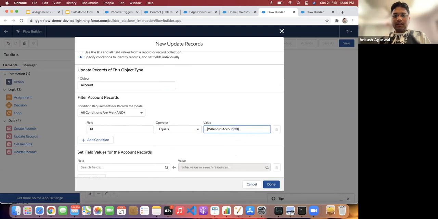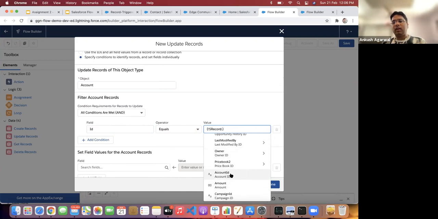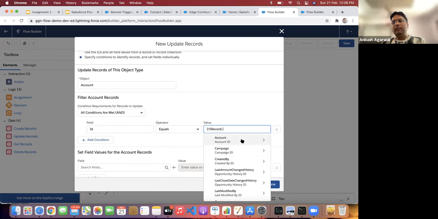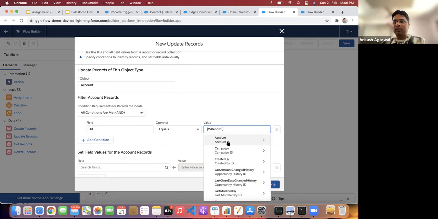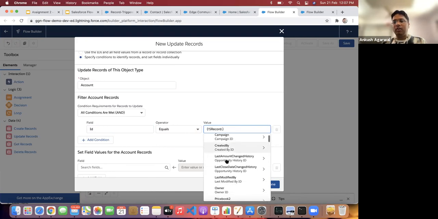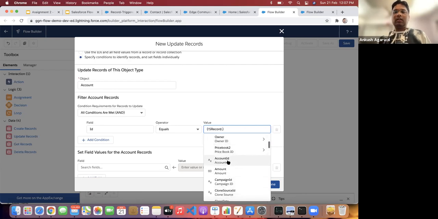One more thing I want to tell you: if you notice here, we have this arrow. The difference between these two account IDs is, if you want to fetch some information from the account record, you can do it here, but make sure you select the correct account ID. This is not the account ID, it's the record, because it has this arrow key with it.